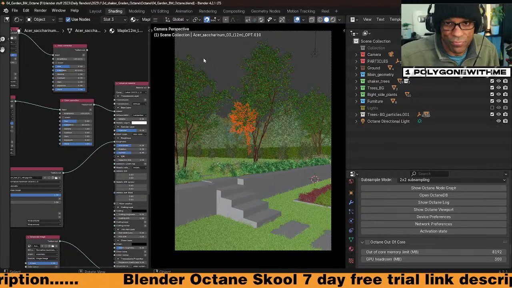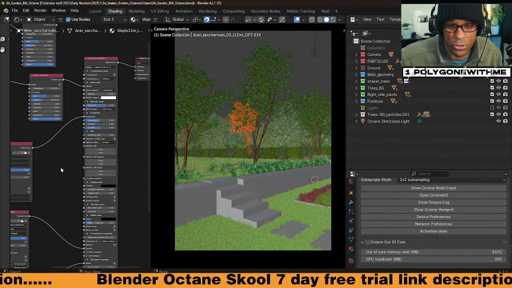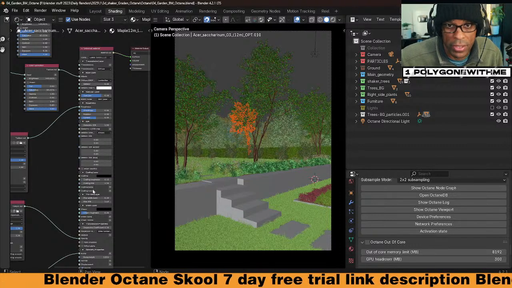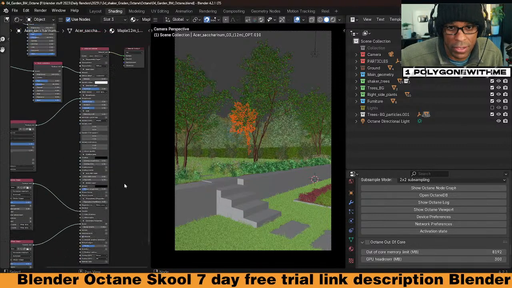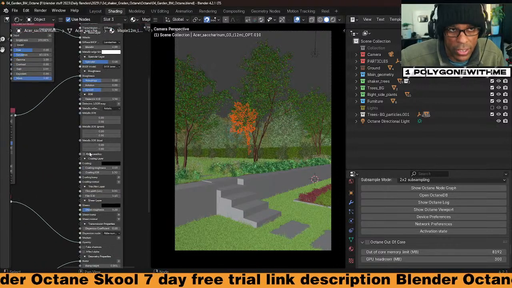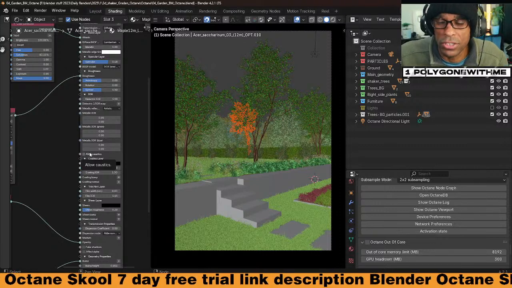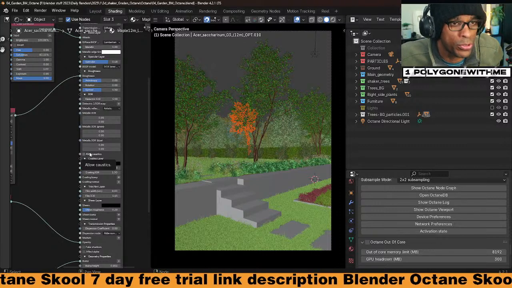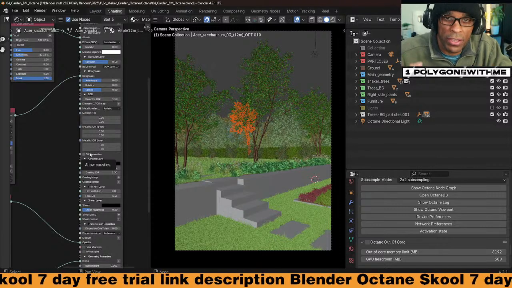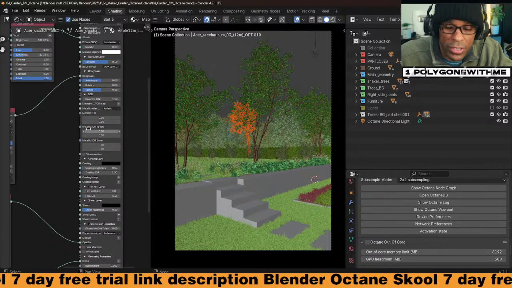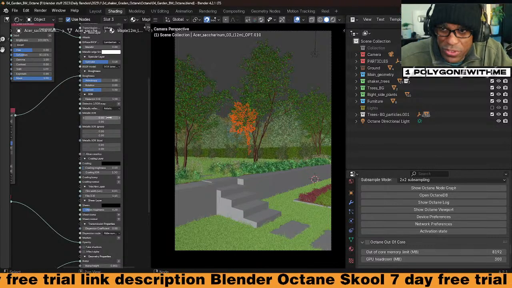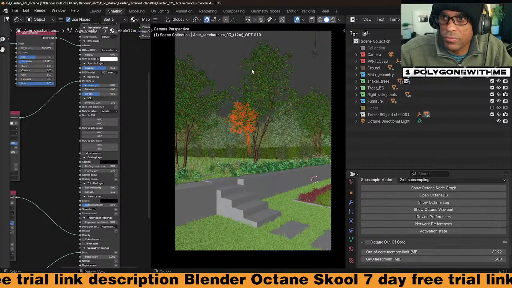But look at this, the principal BFD shader in Octane is very simple. This is our principal BFD in Octane. This whole thing here, look at this. We've got way more settings. My knowledge is, you go to Cycles and you've got a little Cessna plane. You come to Octane, you go into a 747 jumbo jet. There's switches and dials and buttons everywhere, right? So it's just a little bit more advanced.